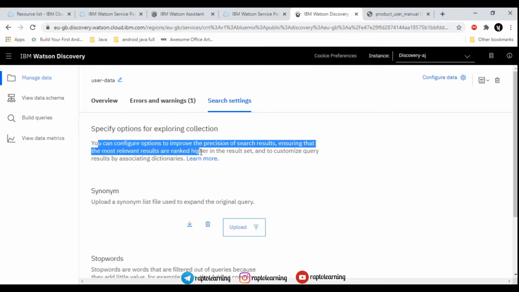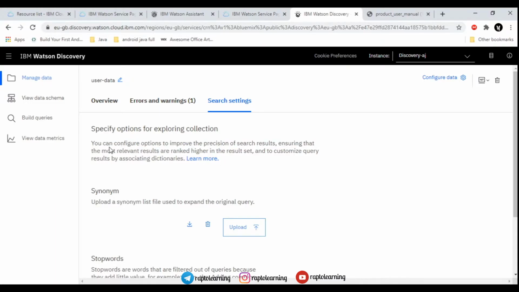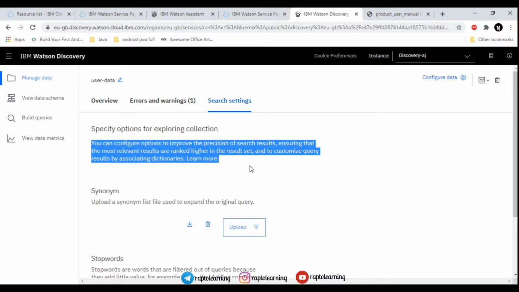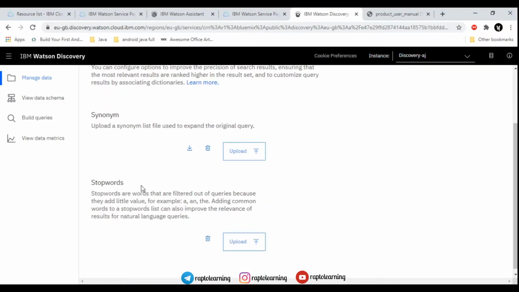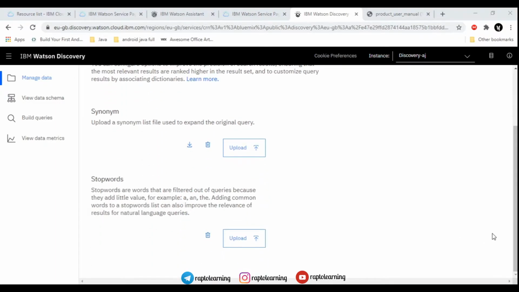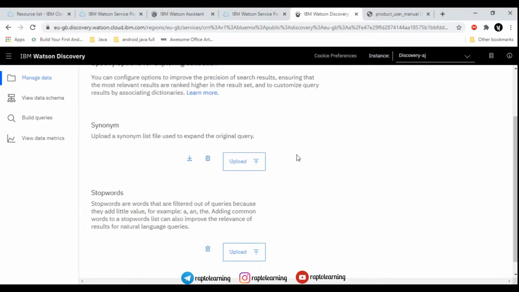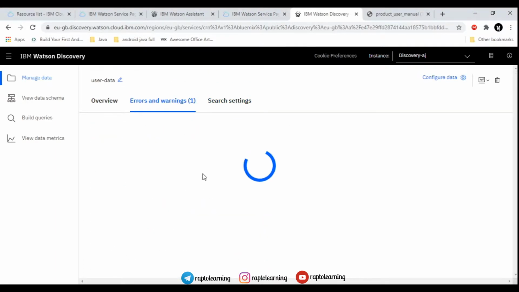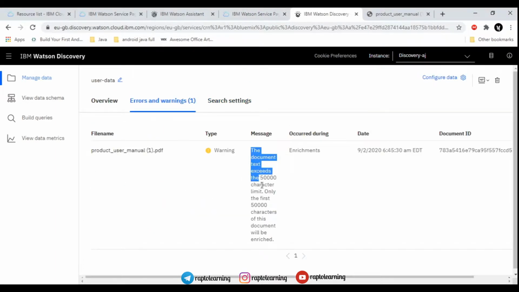Here is the search settings, that is, you can configure options to improve the precision of search results. So you will get to understand what this exactly means at the end of the video. As you may be familiar, synonyms and stop words, that means we have uploaded them on Assistant for creating intents and entities, right?